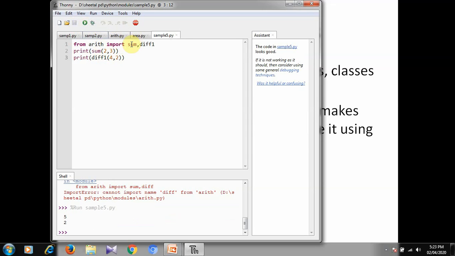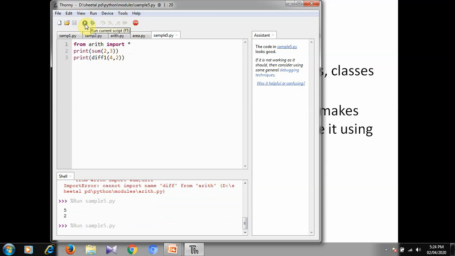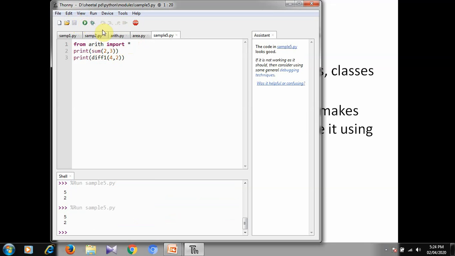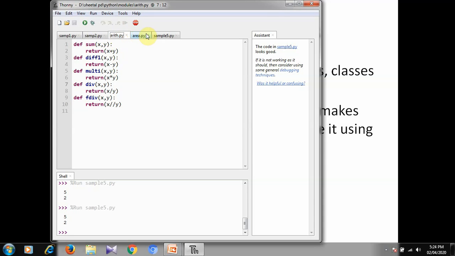Now instead of writing all the function names here, we can write star also. We get the output. If we write star, it will include all the functions written in this module in our program.